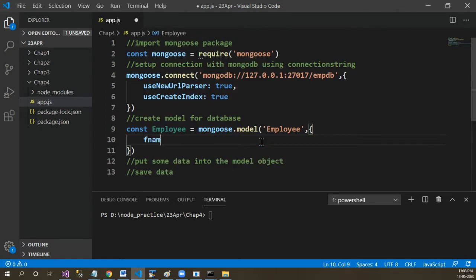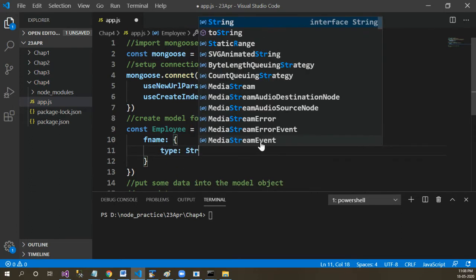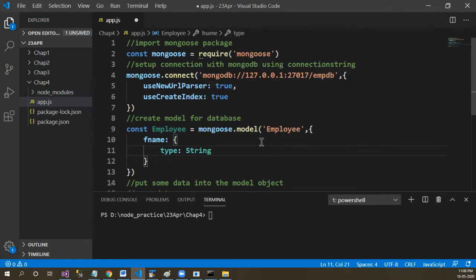So here let's provide the first name. I want to provide the first name of type string. Here you need to provide the data type for the model. So I am having the employee model with the first field name as fname of type string. So this is the model declaration.